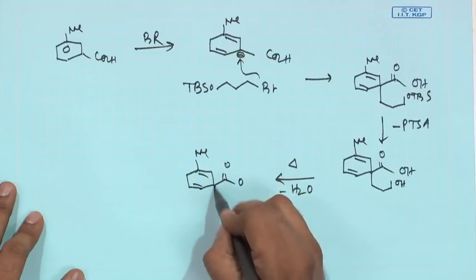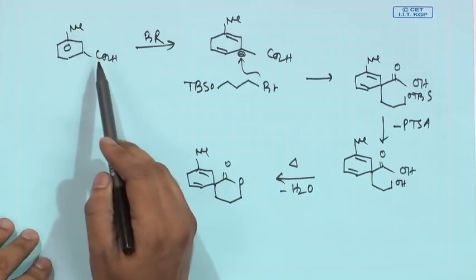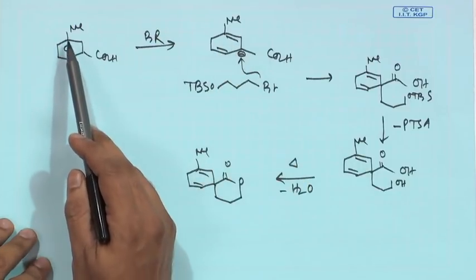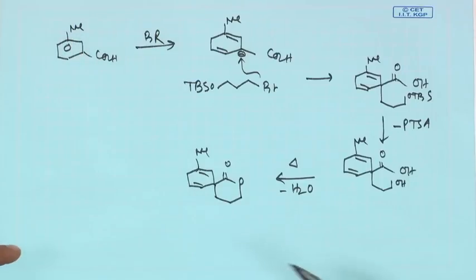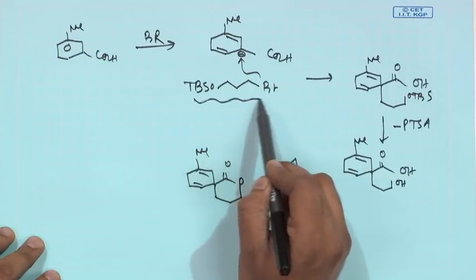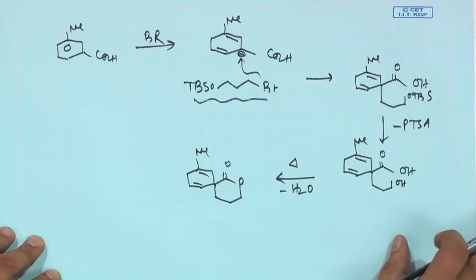So, a simple structure can efficiently be constructed with the help of a Birch reduction by taking care of the proper regiochemical issues. We said that Birch reduction, if you have an electron withdrawing group, will always give this kind of compound. In addition, this Birch reduction also has an electron releasing group. So, both things can be coupled together, then we use a protecting group based electrophile. This compound has a protecting group. So, everything was combined together in the strategies,